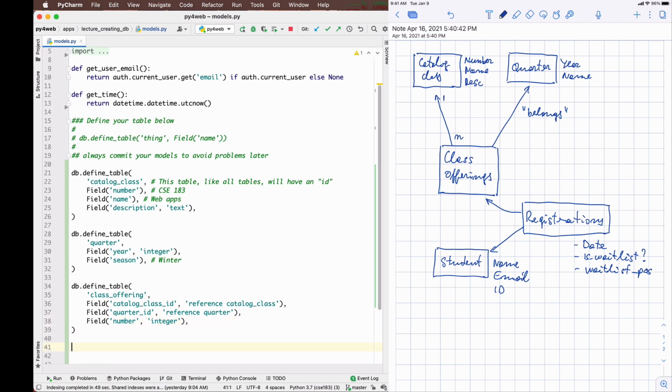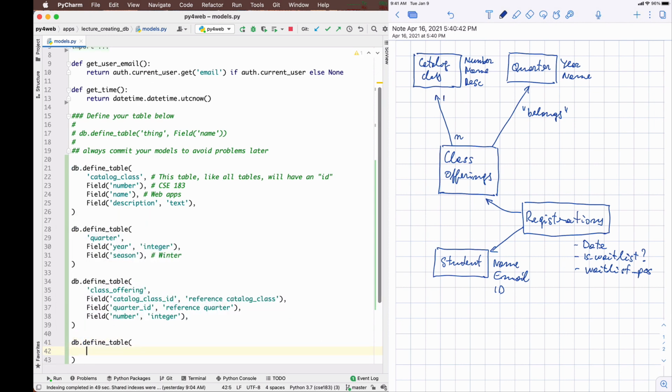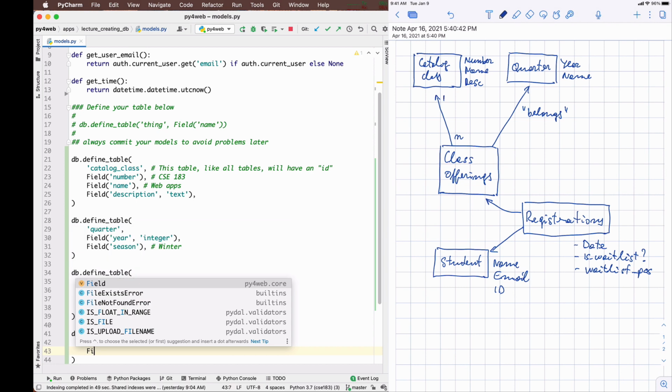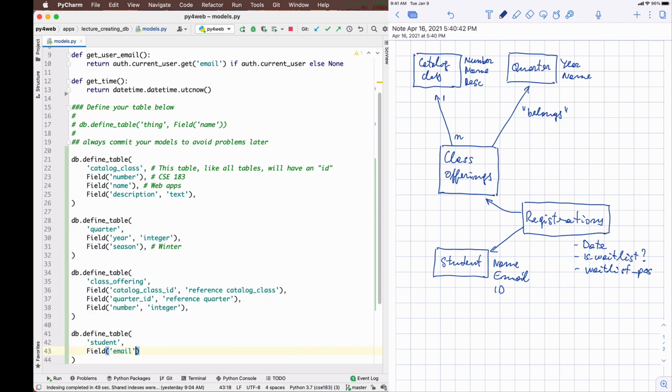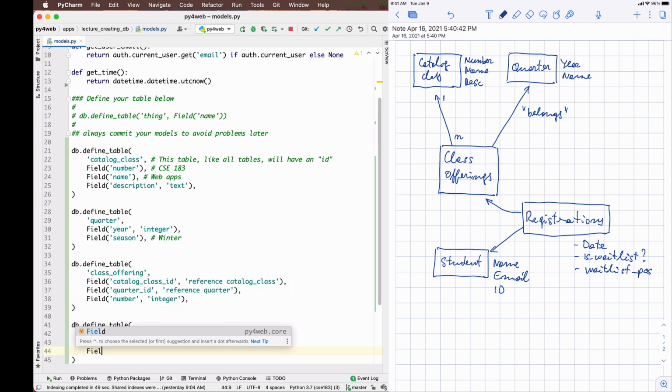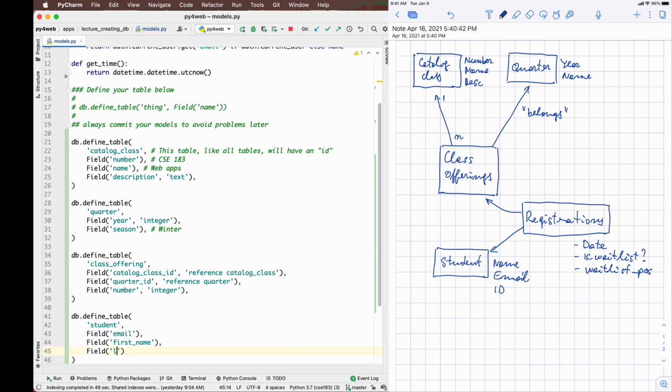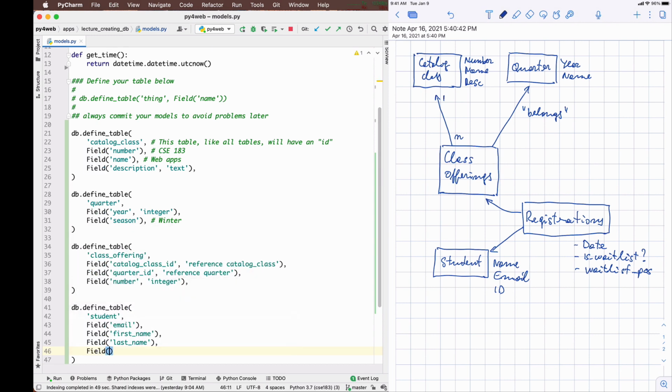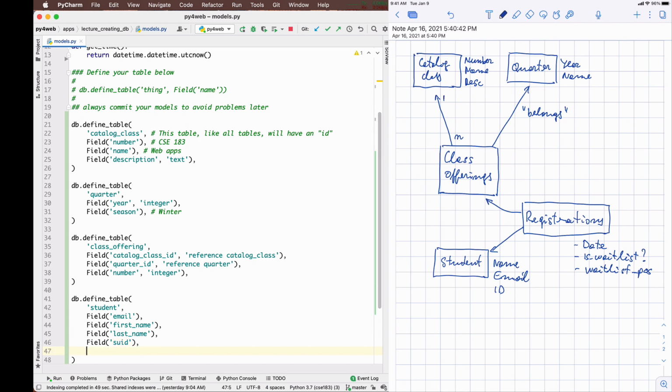We need a student table, db define table student. Okay, and in the student table, we have all these fields related to a student, like field email, then it will have a field like first name, then it will have a field last name, it will have a field like student ID, which is perhaps an integer, but I can keep it stored as string, I'm not quite sure.